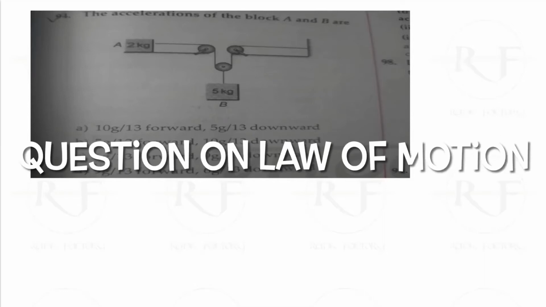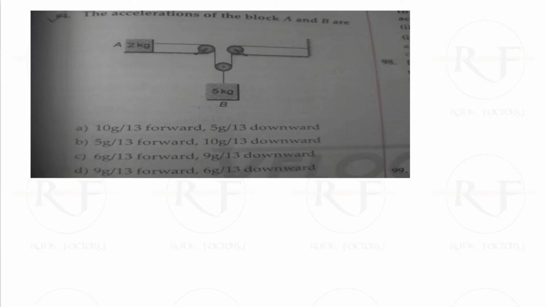Hi students, we are discussing a doubt question asked by you. Just see here, the question is given as the oscillation of a block A and B. We have a combination of system given in the figure and we need to find out the oscillation of the system. Now there are two blocks A and B.